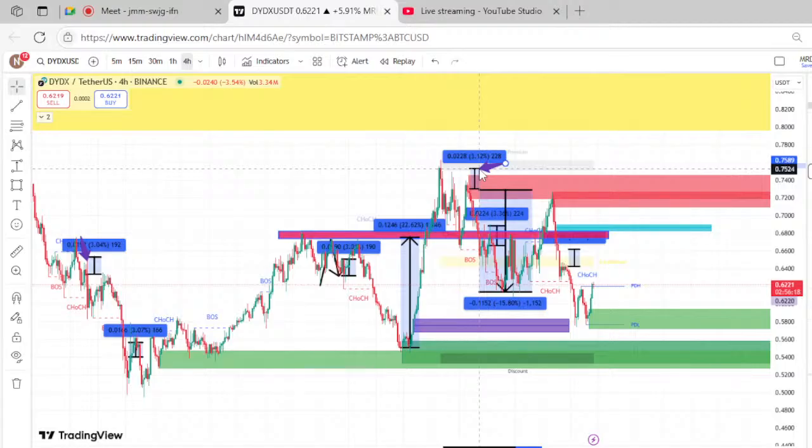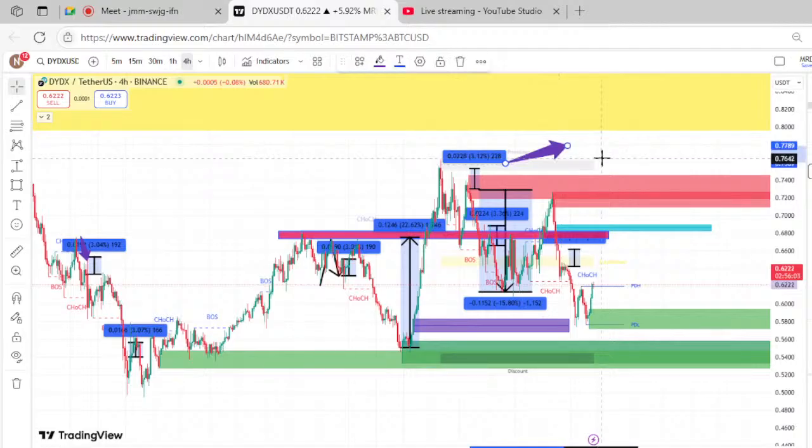You are just lacking that knowledge: where am I supposed to put money and where am I supposed to reduce the money? Even though I share signals in the group, please take your time. Don't rush. Go back and check the signal I shared and why it was shared. So, if it is too high, let me reduce my reward ratio and reduce my risk. If it is too low, okay, here I can invest good money because the market is low.